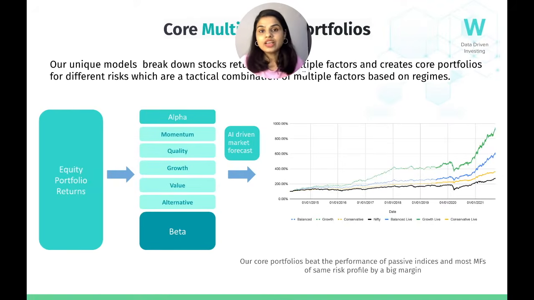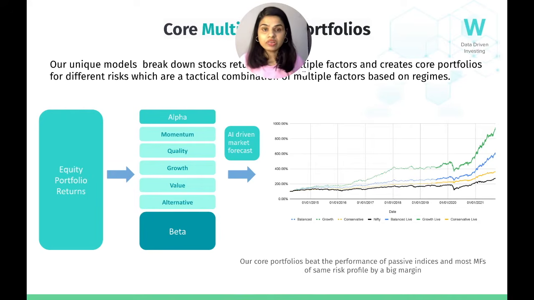Now, what exactly goes inside these portfolios, right? So, like I said, at Right Research, our philosophy is based on factor investing, right? What we do is that we try to break up any stocks or portfolio's performance into various factors, right? And what are the factors in the market? The most important factors in the market are momentum, quality, growth, value, and etc., right? And the idea for us is that we try to create portfolios for each of these themes, and how, given how the market condition is panning out.